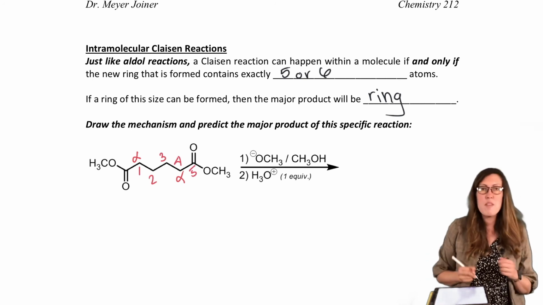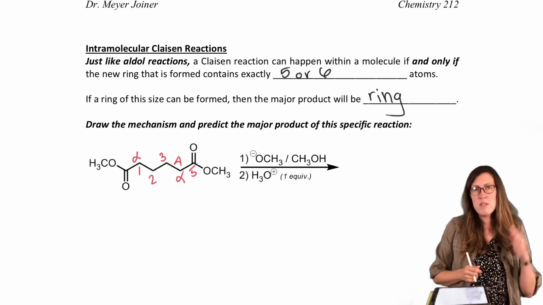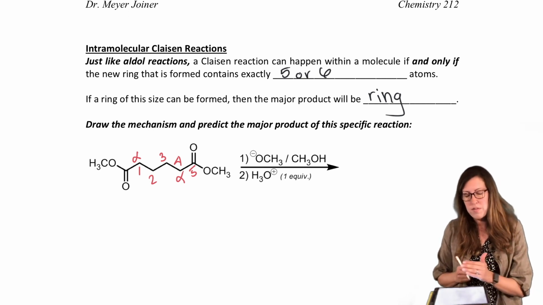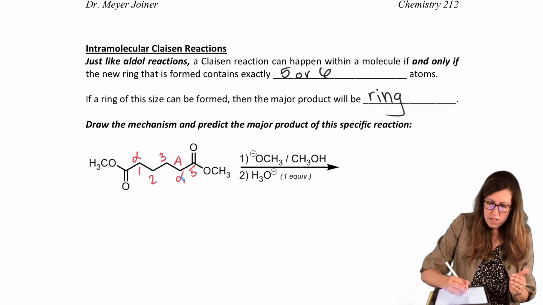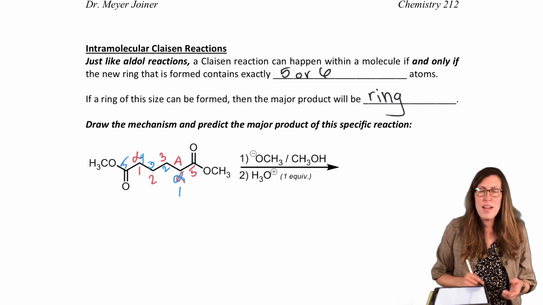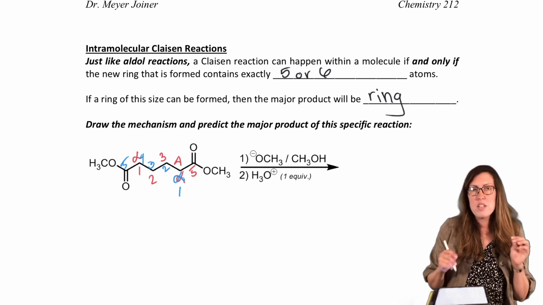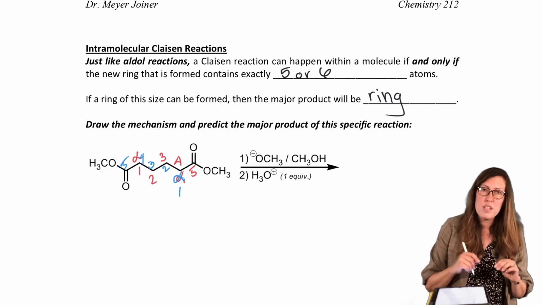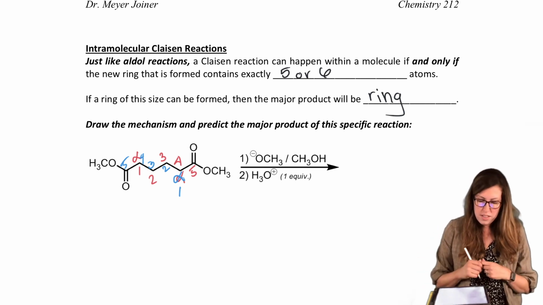This time we're going to make a 5-membered ring. I took an alpha H and I numbered 1 through 5. If you're not sure that that's true, that both would have been okay, let's start here. 1, 2, 3, 4, 5. So either one is okay to pick. We'll get the same product either way. If you had a mismatch, like if one could form 4 and one could form 6, you always pick the more stable ring size.